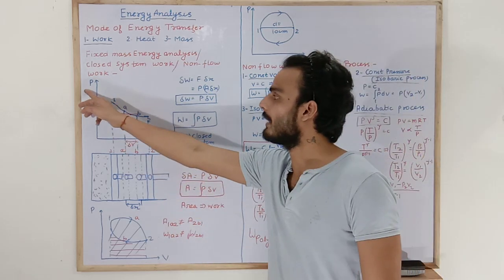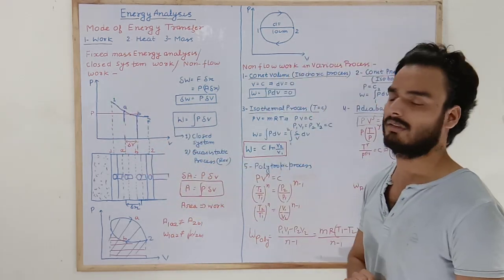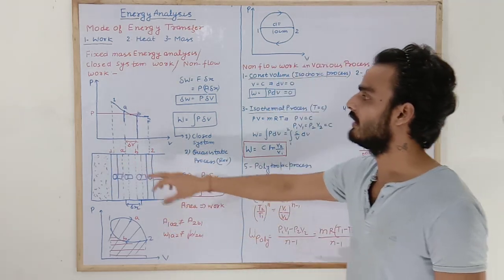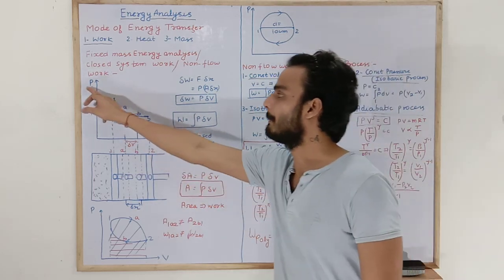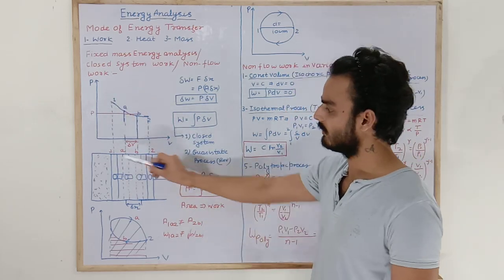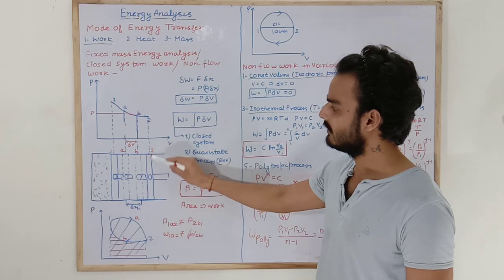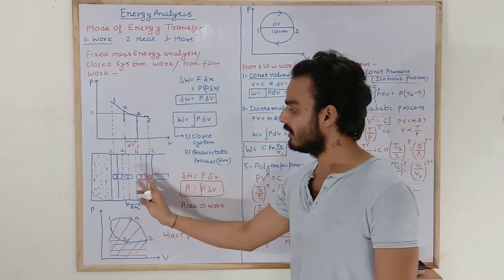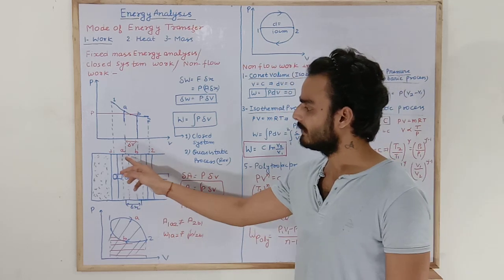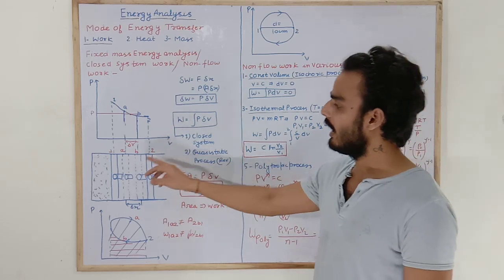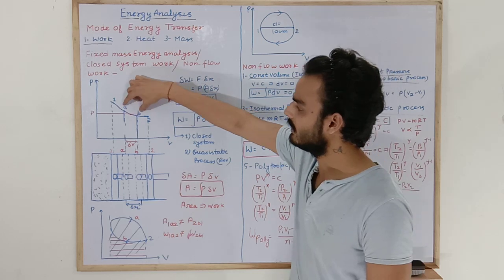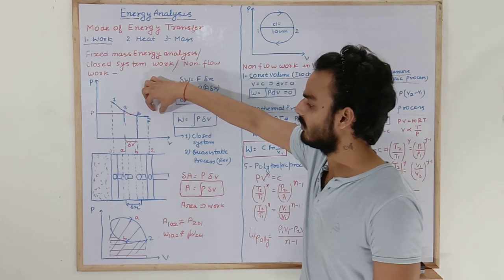And I am also drawing the pressure versus volume curve of this process. From state 1 to state 2, the system is undergoing a process, and I am drawing it on the PV curve. This is pressure on the y-axis, volume on the x-axis. This is the initial state and this is the second state. In between the process, the piston will be somewhere between states 1 and 2. So let's say these two states are A and B, which I am indicating on the PV curve.